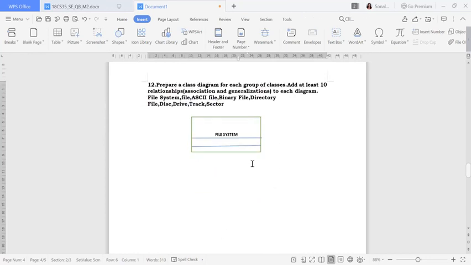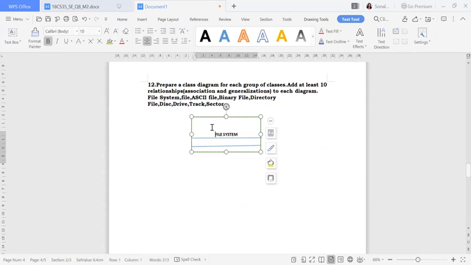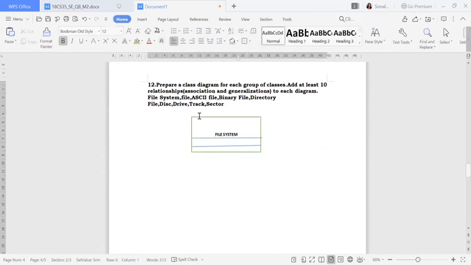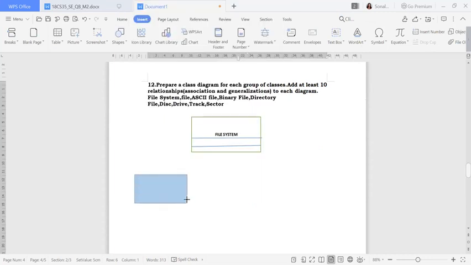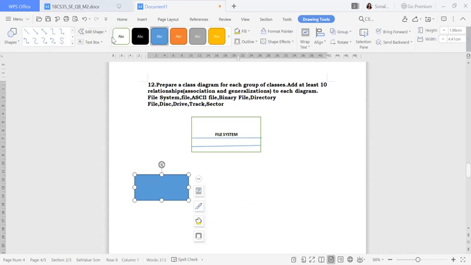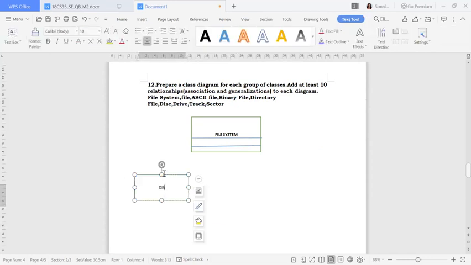Next I need to take one more. So I'll take one more. Here you can write about the disk. I'll write here disk, and make it bold.